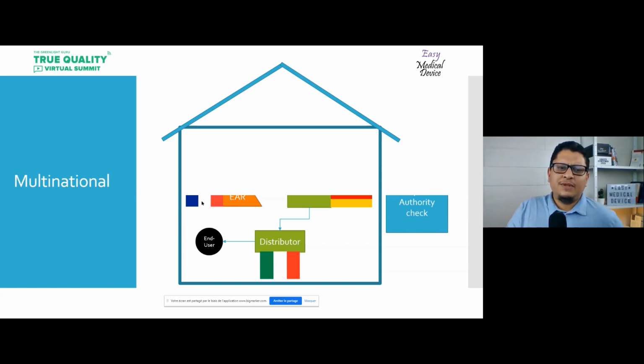Now, there are some economic operators that will become manufacturers. Why? Because they are doing something that changes their scope. So, for example, the importer, the distributor, or any other company, if they are placing their name on the product, if they are changing the packaging to have their name instead of the name of the products that they received,